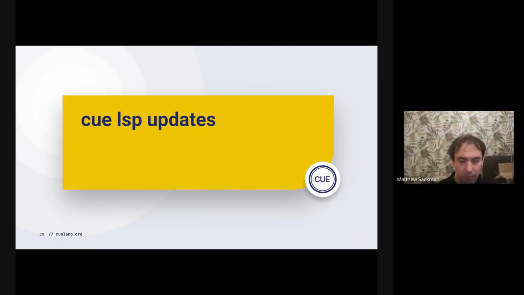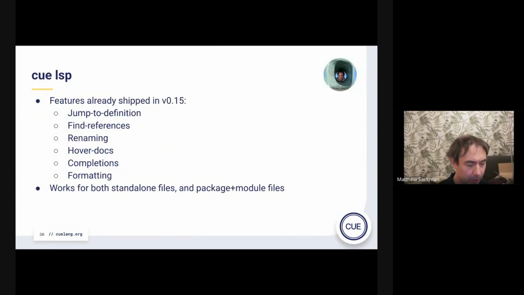Thank you. Yes, some updates on the LSP side. I think last time we did a community call, 0.15 was already out, and that included support for basic LSP features, structure definition, find references, etc. There were some known problems with completions, in that the initial somewhat naive implementation would only provide completions if there was already a stem to work with.